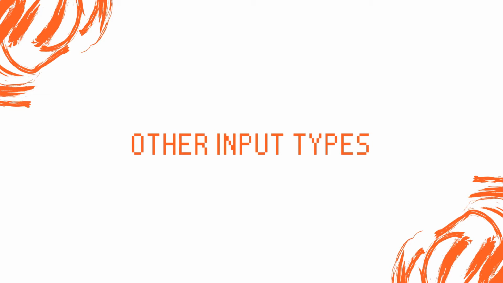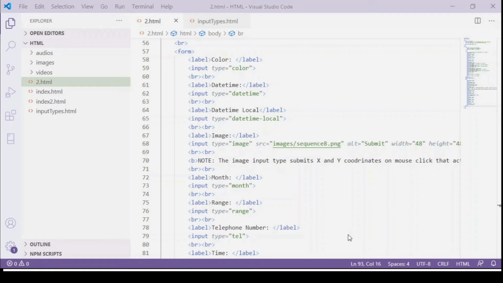Let's quickly go through some of the other input types for HTML form that are less commonly used. You can see the color input type, the datetime and datetime-local. Datetime-local is for local date and time, and datetime is for any date and time you want to input. Then the input type image, which has src for the image path and alt attribute as submit, is used as